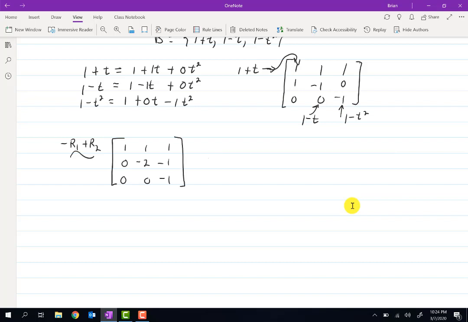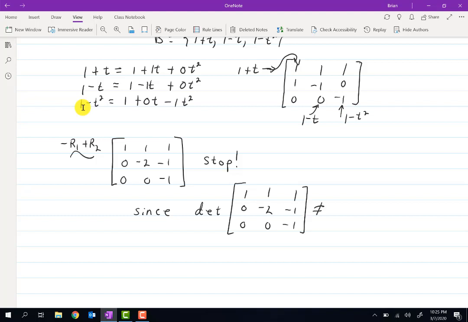And now you can stop. We have 3 pivot columns, or if you want, the determinant is non-zero. The determinant of an upper triangular matrix is just the product of the entries on the diagonal. Since the determinant of 1, 0, 0, 1, negative 2, 0, 1, negative 1, negative 1 does not equal 0,